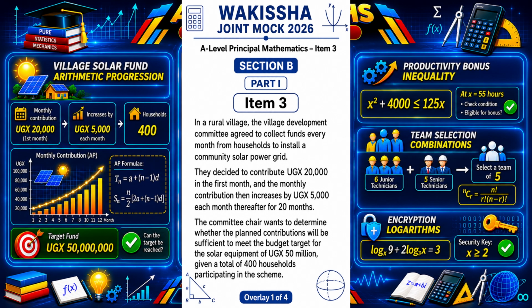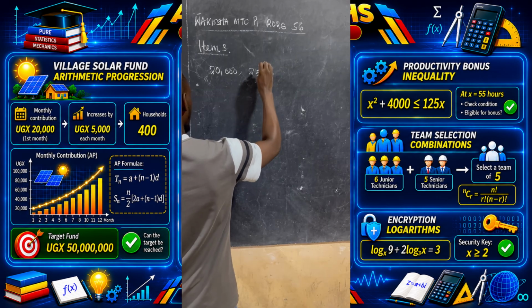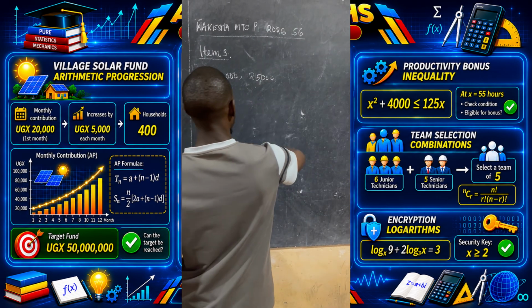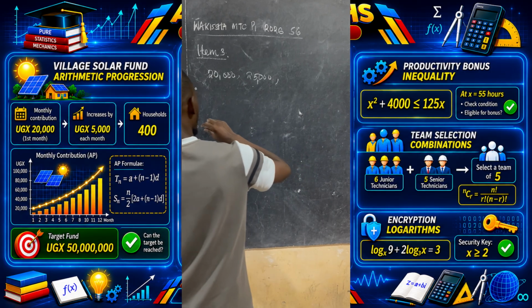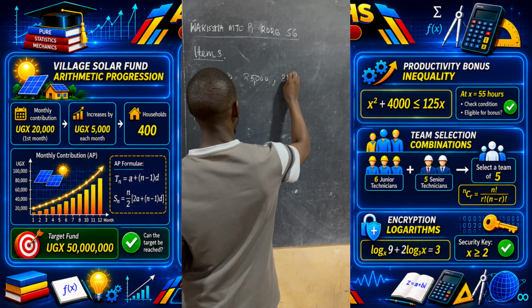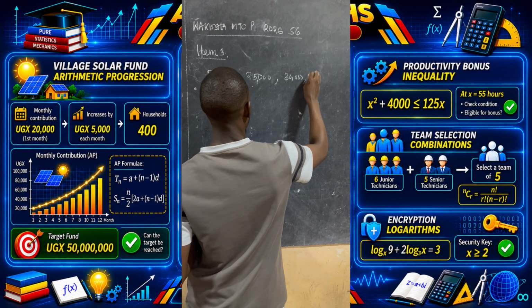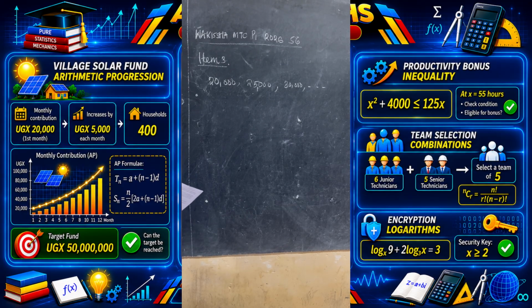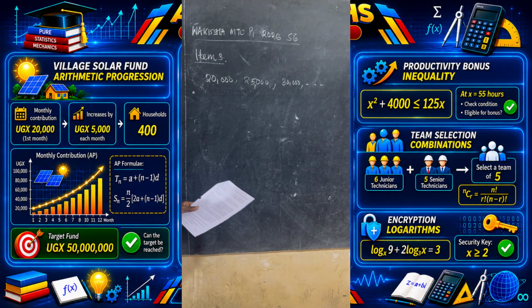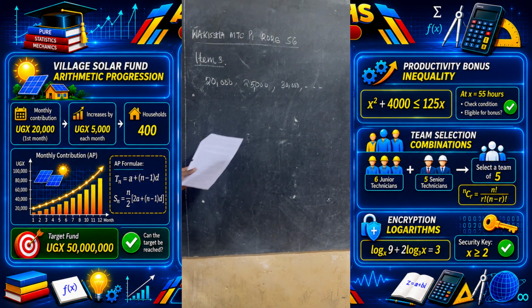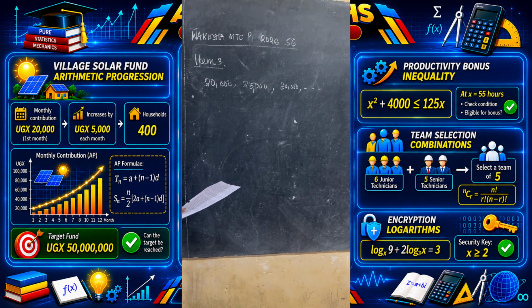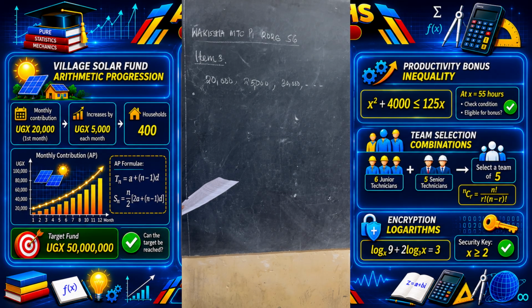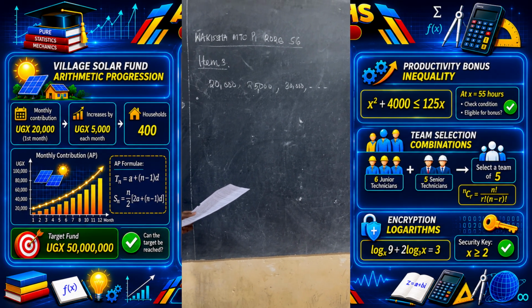So it means that the second month will be this. We add on the 5,000, which will become 25,000. Then, if you proceed to another month, it will have increased to 30, and so on and so forth. This is forming another series. Item 2, we saw a GP. Here I'm seeing an AP, arithmetic progression. Then they go on and say,